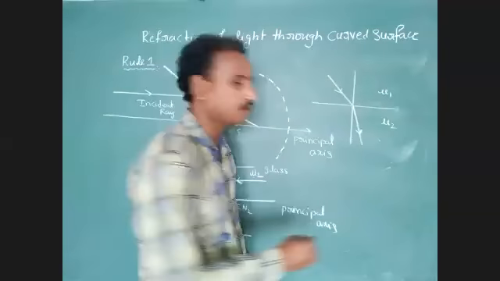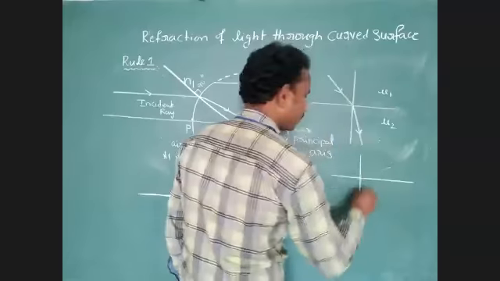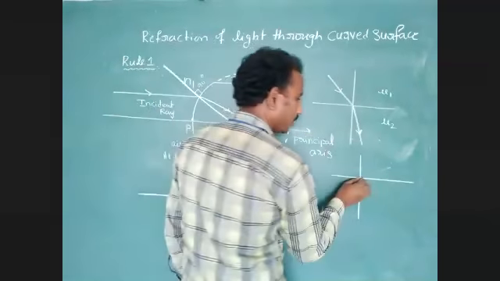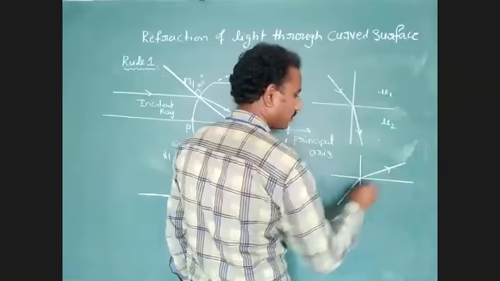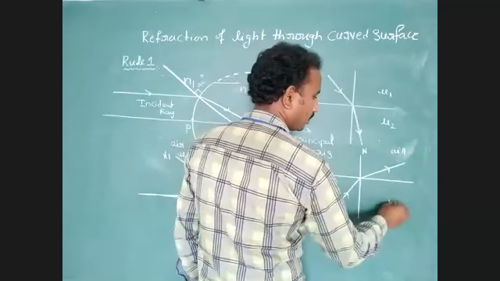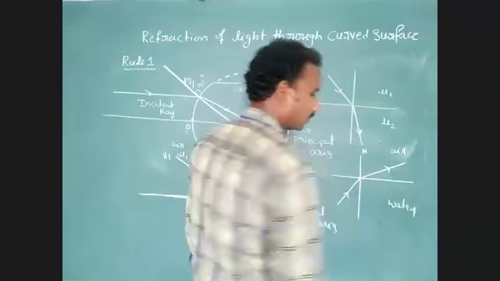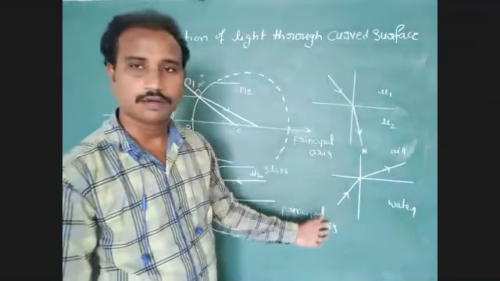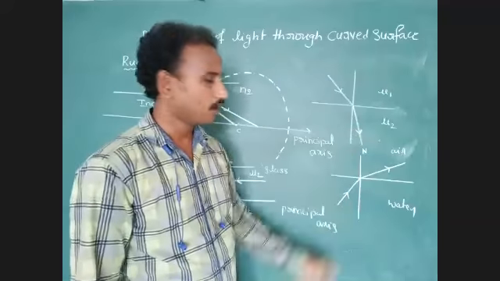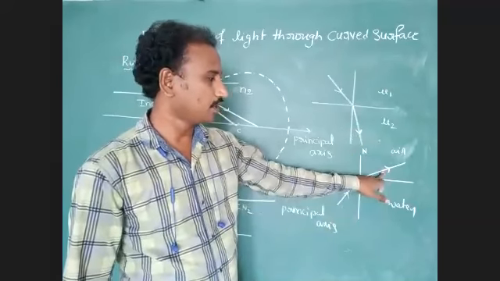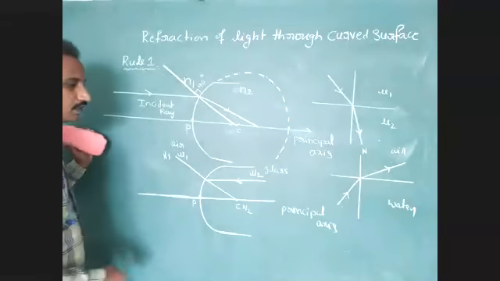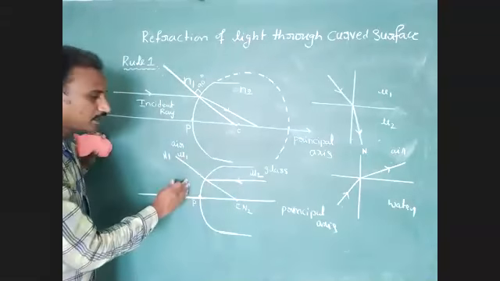What is the first law of refraction? If a ray of light is traveling from a denser optical medium to a rarer optical medium, the refracted ray bends away from the normal. Yes or no? This is the air medium and this represents the water medium. Here, we have to consider the direction of the incident ray from water medium to air medium. After refraction, the refracted ray bends away from the normal. Now tell me the direction of the refracted ray in this condition.